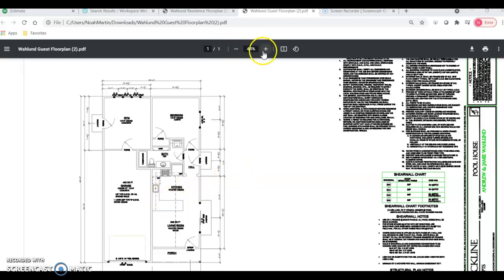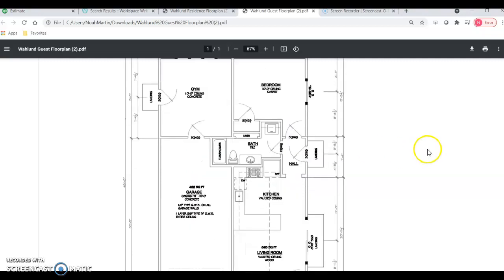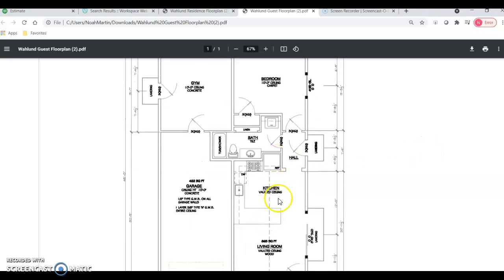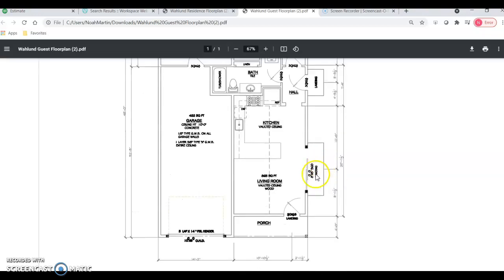Okay, here's the other job I've been talking about to work on some drawings. Of course, I'll send you these files. This is their guest house,